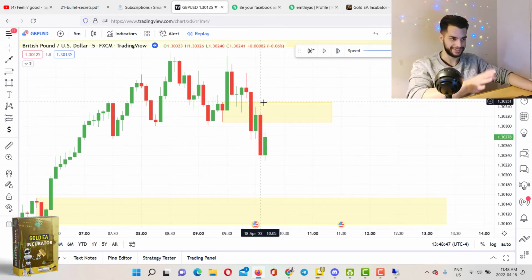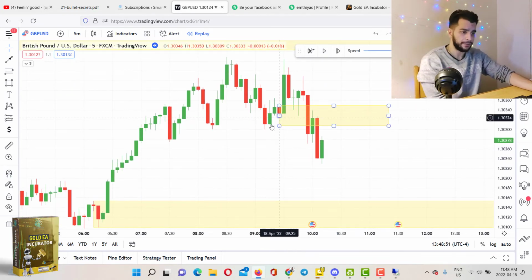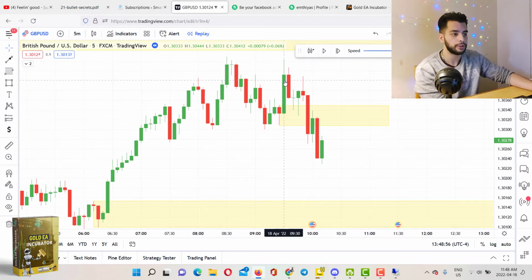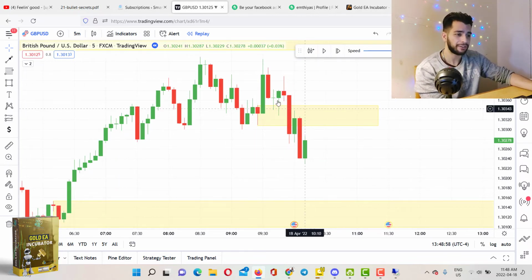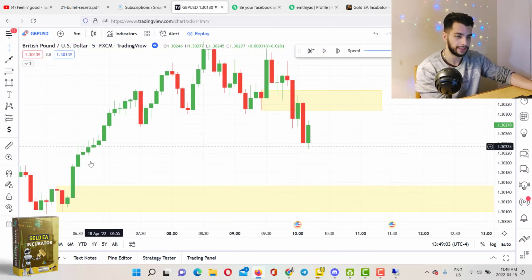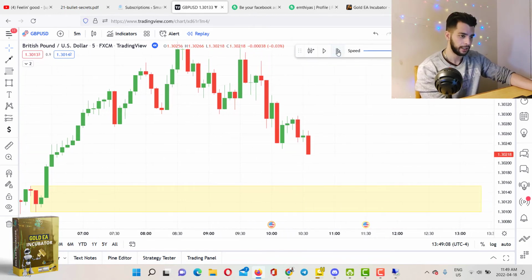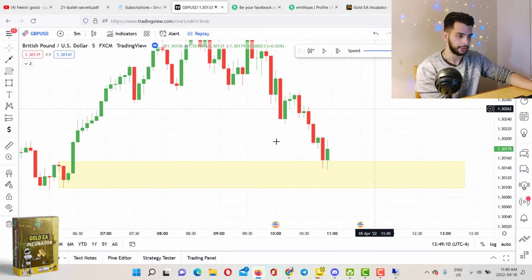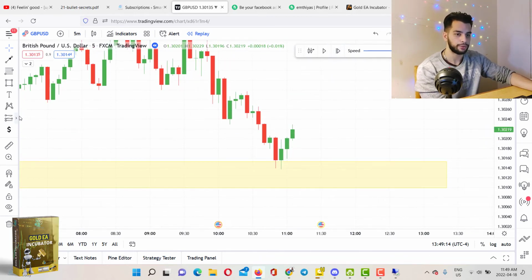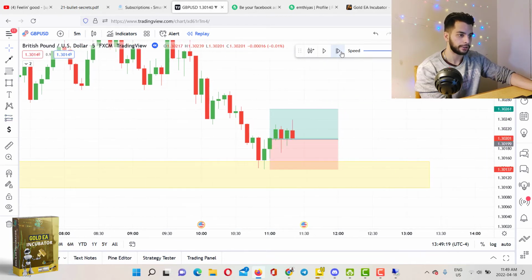Yeah, as you can see, this has become invalid just because of the gaps below this level. Even right here, I personally wouldn't recommend to take it, but it would be profitable if you took it. But after that, it's probably not working because it's so close to the gaps below the level. So this one became invalid, and after that, it's just trying to reach this level here. So now it tapped into our high probability demand zone, and here we have a really good momentum. So if you take it from here and one-to-one trade,